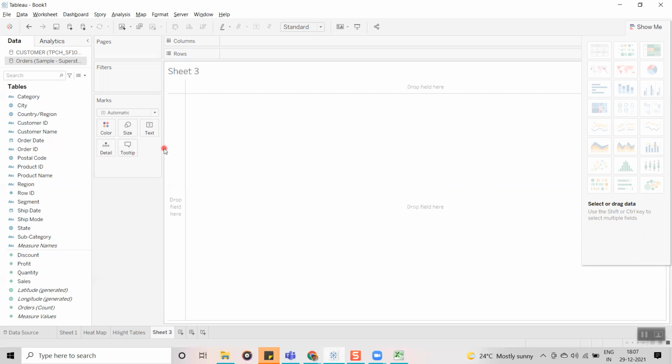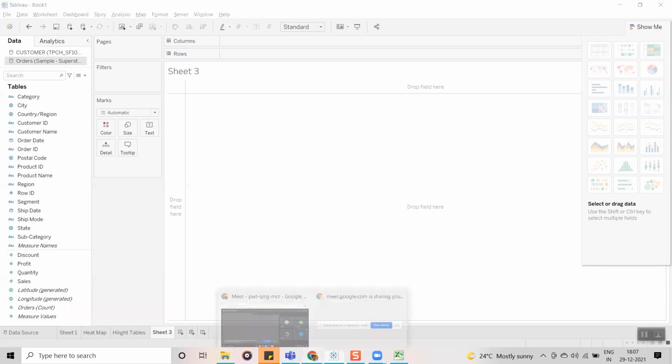See, whenever we have geographic fields in our data source, two extra fields are automatically going to display, that is, one is latitude and another one is longitude. By using this latitude and longitude only, we are going to create maps. So what exactly do latitude and longitude have as values?